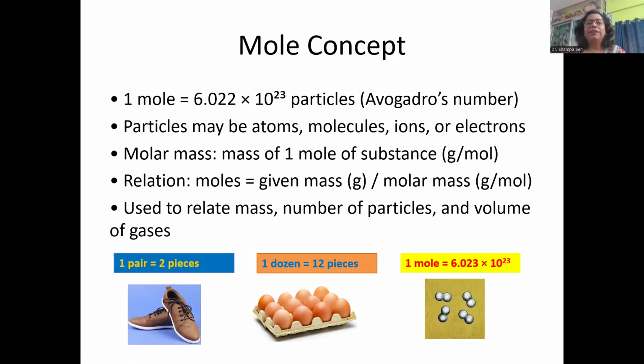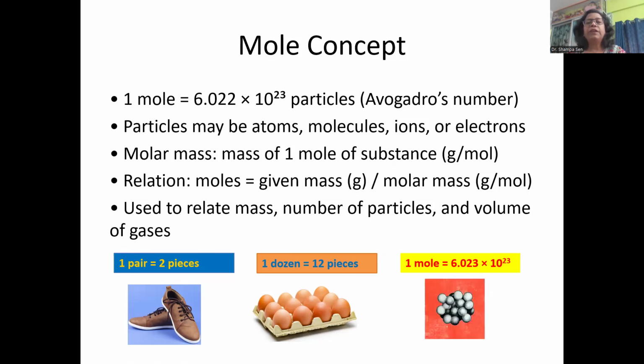Just like pair, dozen, like in a pair of thing, you get two pieces, right? A pair of shoes as it is shown here. A dozen of things. That means 12 items will be there. Like a dozen of eggs will contain 12 eggs. Similarly, mole, 1 mole means